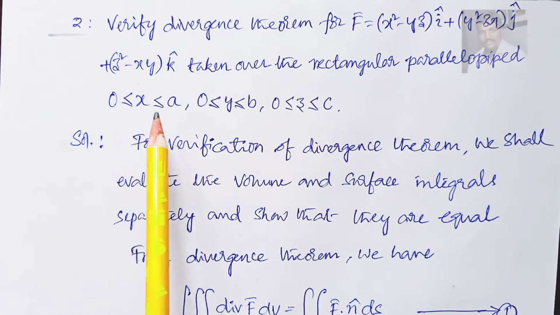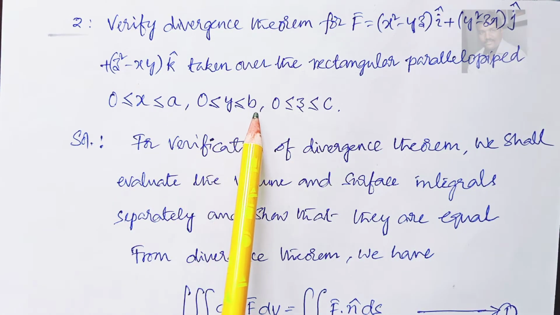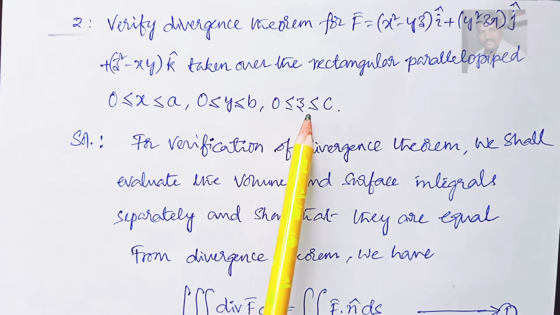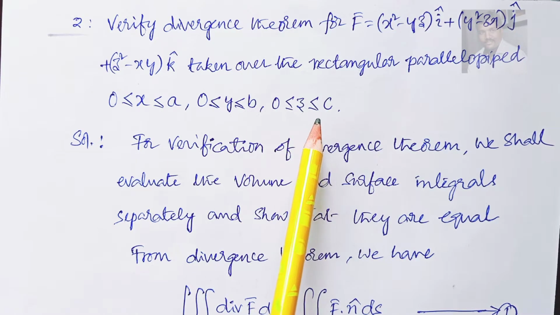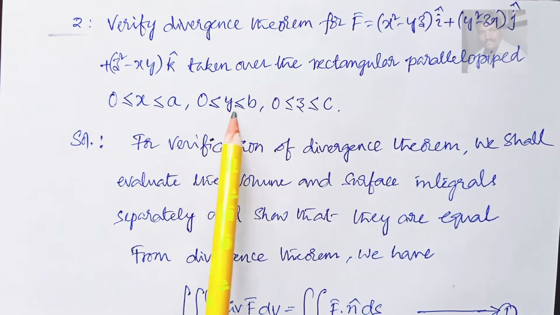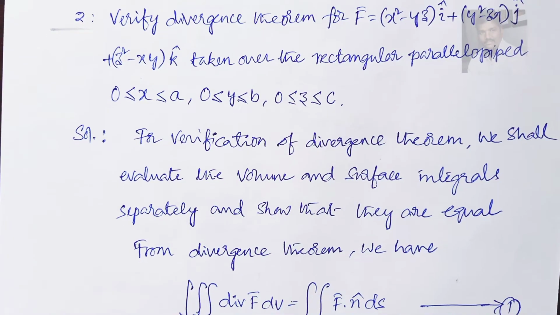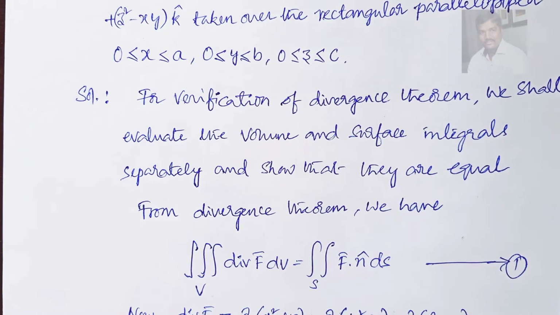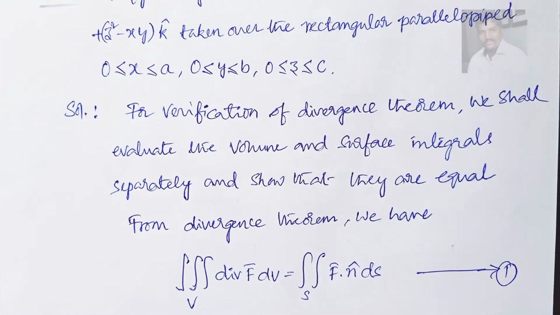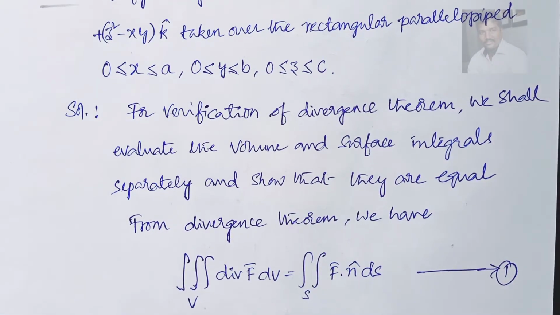0 less than or equal to x less than or equal to a, 0 less than or equal to y less than or equal to b, 0 less than or equal to z less than or equal to c. So these are the x, y and z limits. It's given clearly. Now the verification in this problem we have to do. For verification of divergence theorem, we shall evaluate the volume and the surface integral separately and show that they are